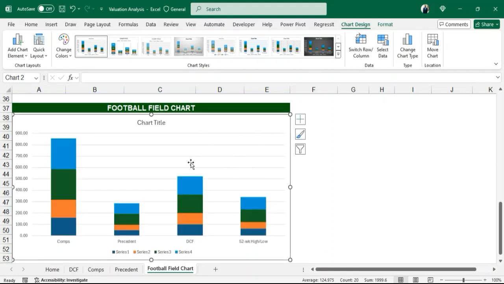And then the first thing I want us to do is to insert a title here. So the title is actually going to be share valuation chart. All right,